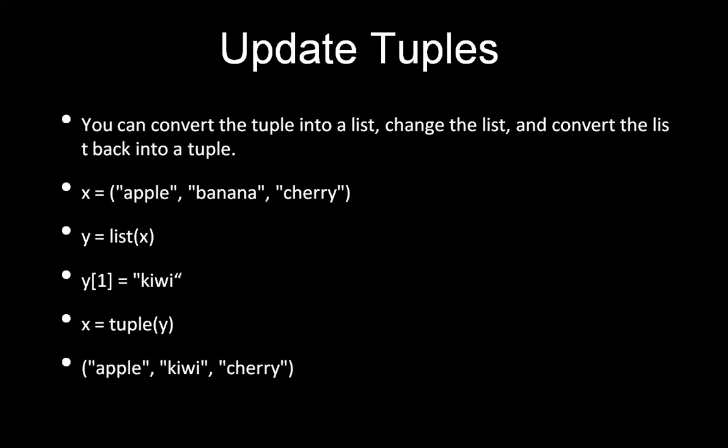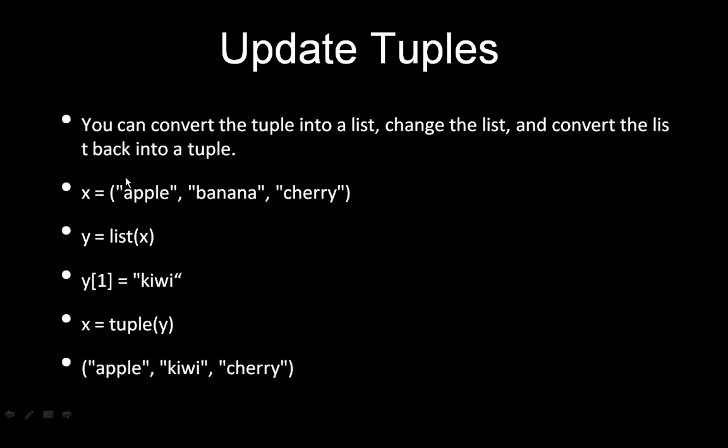So obviously, since the tuple is immutable, and immutable means we cannot do modifications, if you want to do any modifications to the tuple, first of all it should be converted into a list. After converting the given tuple into a list, we can do the modifications in the list, and then we can convert the list back into a tuple.